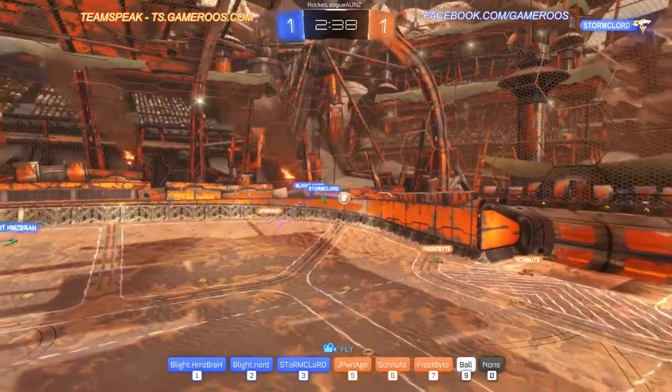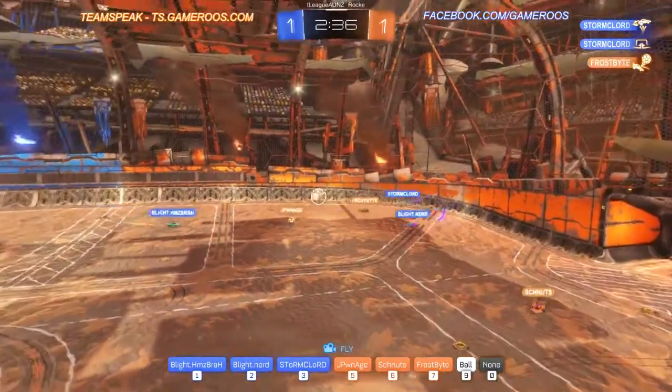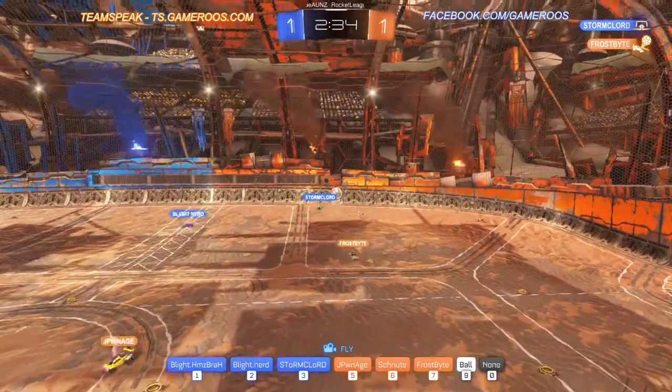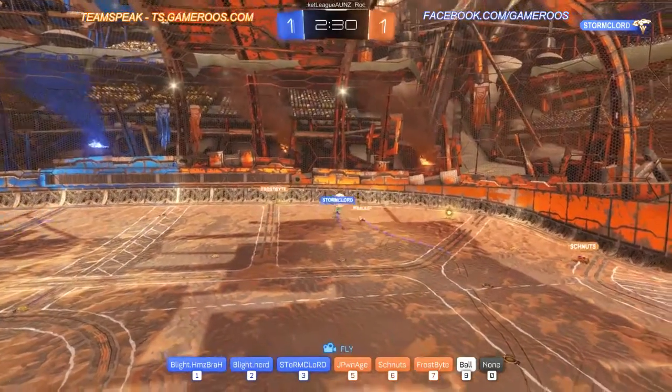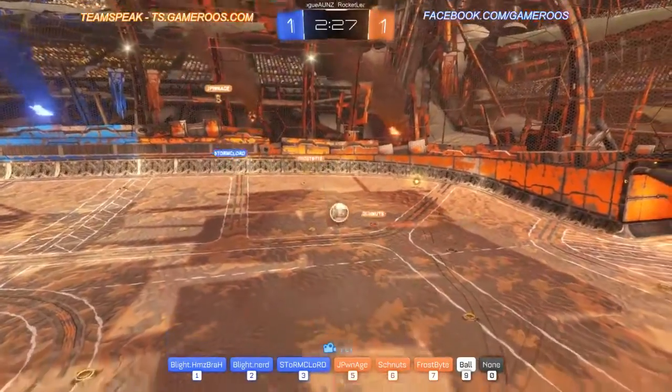Nobody's home. They're all waiting very patiently for the clearance. Now going to put it back. Nerd putting it into the corner with Stormclaw. There's miscommunication there, both going for the same ball. Pornage tries to get the stop. The continuation, sorry. This is nice work from the...